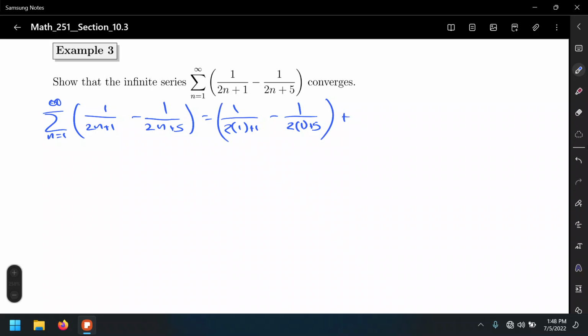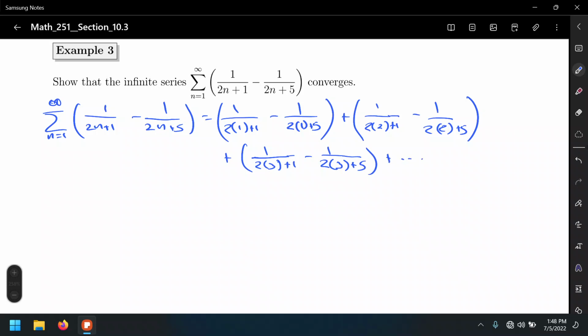Plus 1 over 2 times 2 plus 1 minus 1 over 2 times 2 plus 5, plus 1 over 2 times 3 plus 1,